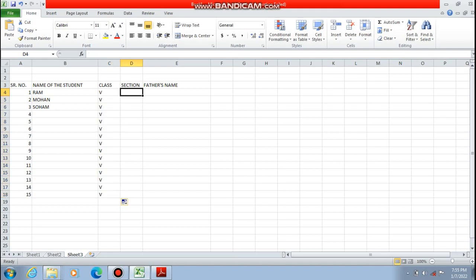They all are in section A, the next is in B, the next is in C, the next is in D. Father's name, whatever their father's name is, you can type. Then you can enter their marks: maths marks, English marks, that you can see on the screen, Hindi, then EVS.